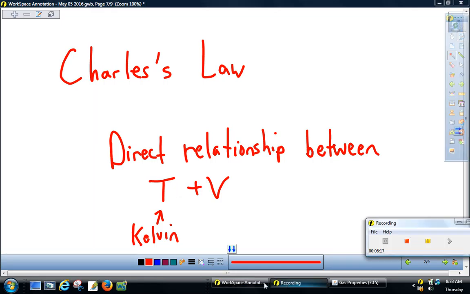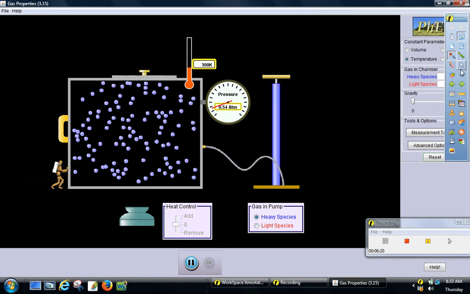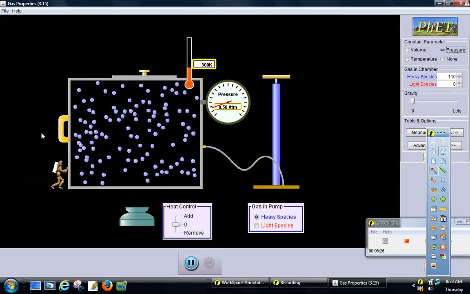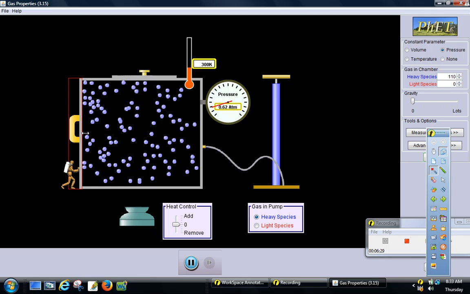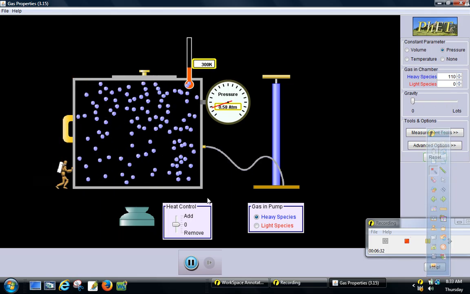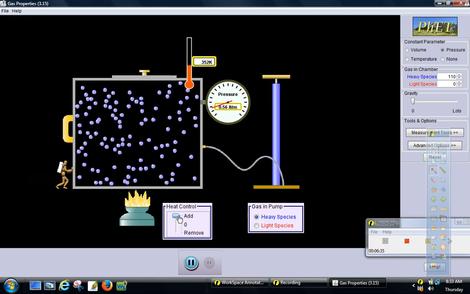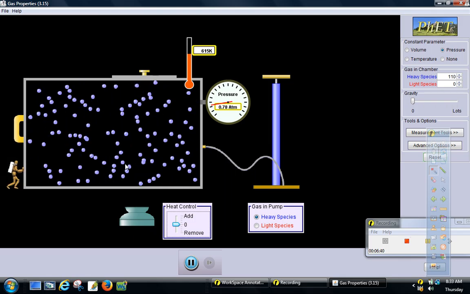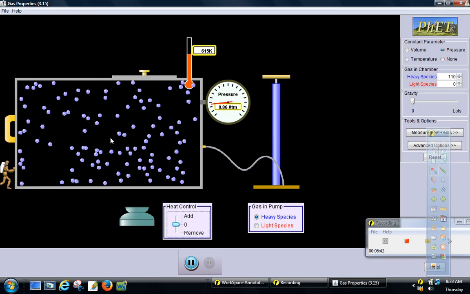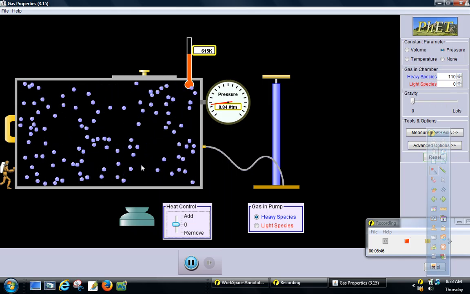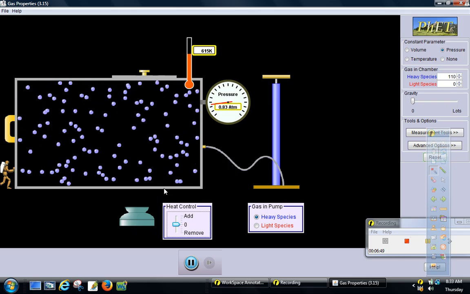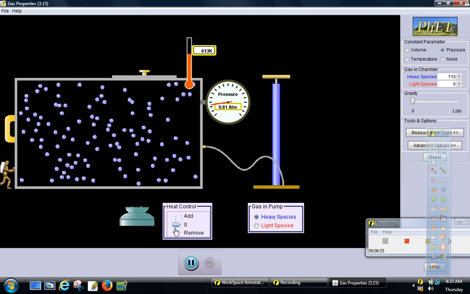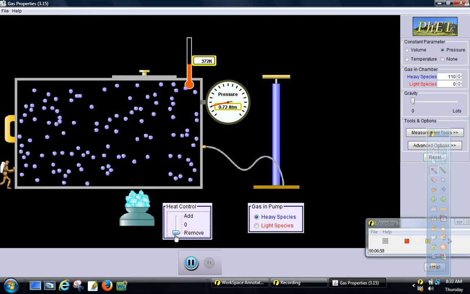So if we go back to our simulation, and now if we heat up, we try to keep temperature the same. If we change volume, watch as, let's do this. If I heat it up, if this represents the balloon, it's going to get bigger. Why? Because the particles are moving around faster. So the faster the particles move, the more they're going to collide, the more force at which they're going to collide as well. And so the object will be able to expand and get bigger if it's a flexible container like a balloon. If I cool down a gas, if I say I stick a balloon in a freezer,